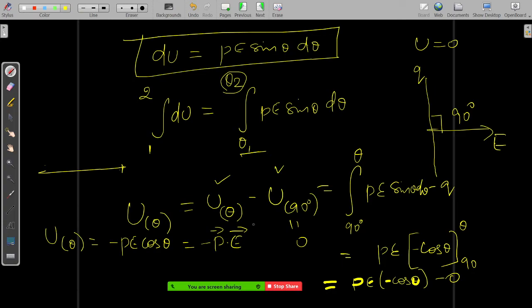Now the thing is you have to understand that if you are remembering this directly, you have to always remember which position you have taken as the potential energy to be 0. So either you remember this formula, or if this is also easy to remember, but in your mind you have to be very careful that you have taken the perpendicular position as the potential energy to be 0.